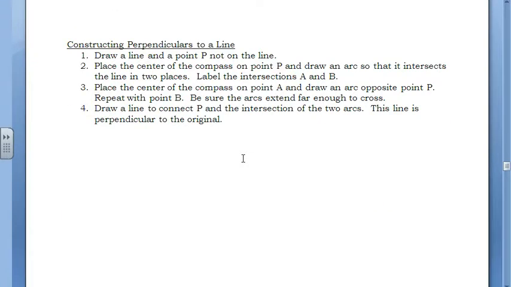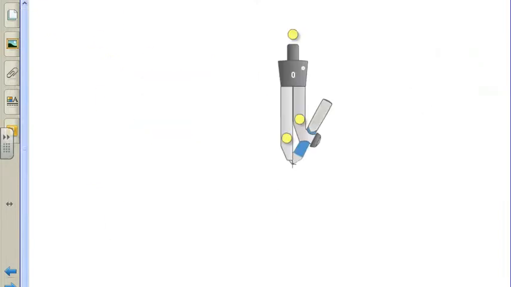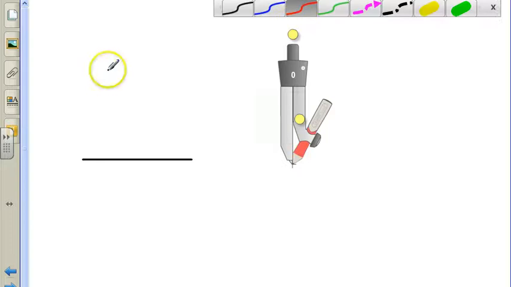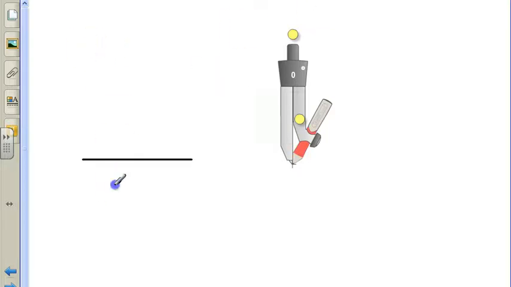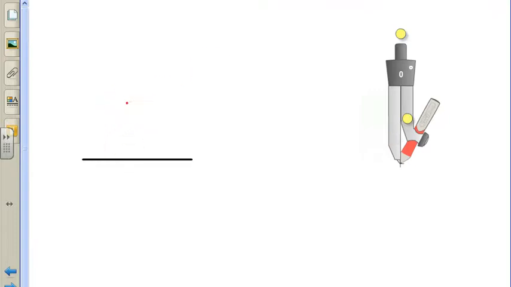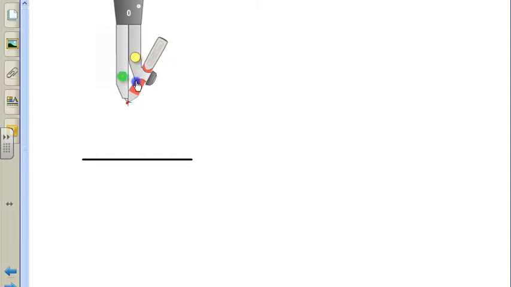The next one is perpendicular to a line, and it's very similar to this one. So we're going to start with a segment and a point. Then placing the point on the compass,